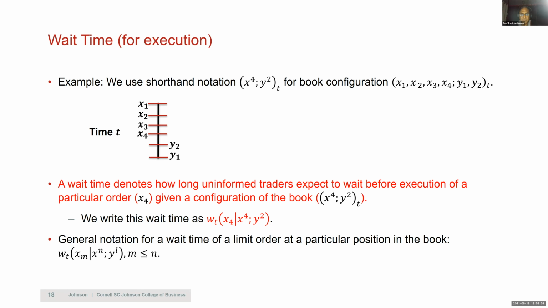So my question is, if they see too many marketable orders, what would they infer? That there's good information, or maybe I'm asking the wrong question. I mean, what is the kind of information which would be revealed? I'll show you shortly, but remember, this is a limit order market. There's no divine creature that is standing there and just executing all the marketable orders. If the marketable orders exhausted the limit orders in the book, there are no executions, right? The trader will have to leave the market without trading, right? So this is actually a much more realistic kind of market structure.